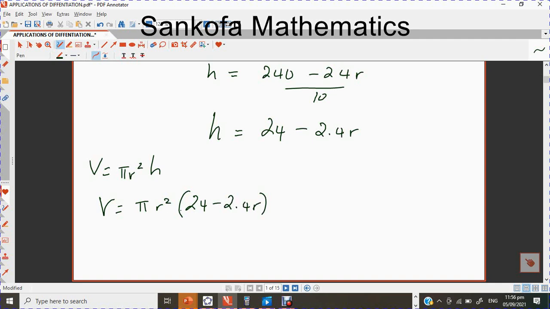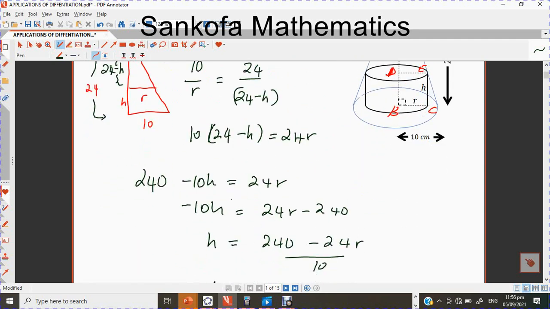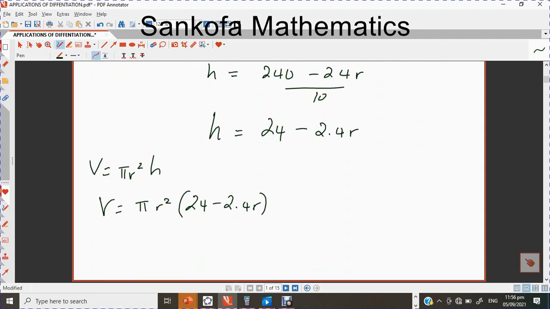Well, you can definitely end there, but we want it to look similar to what we're given in the question with the pi outside. So I'm going to distribute the r over, so that means I'm going to multiply by r. So the volume therefore will be pi outside, then 24 r squared minus 2.4